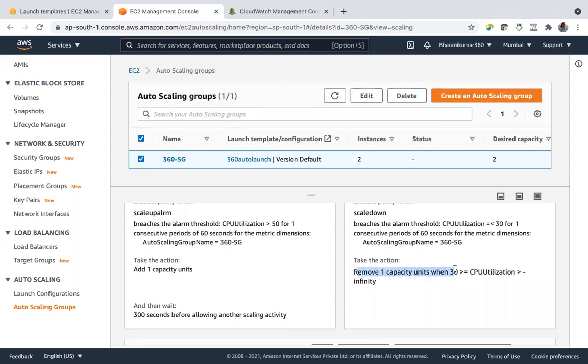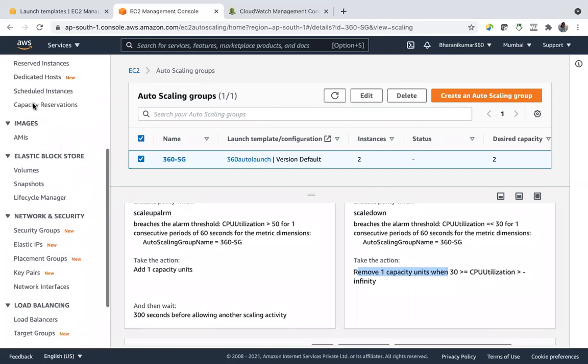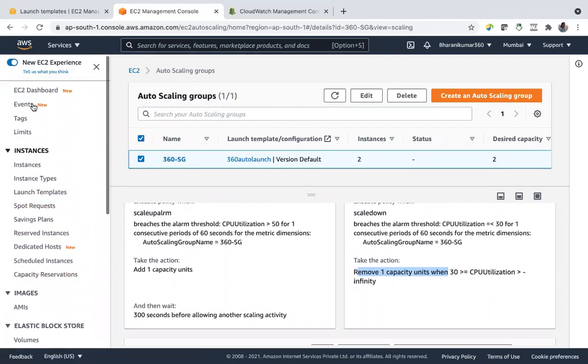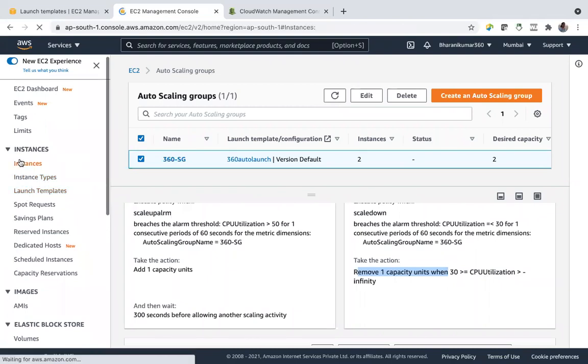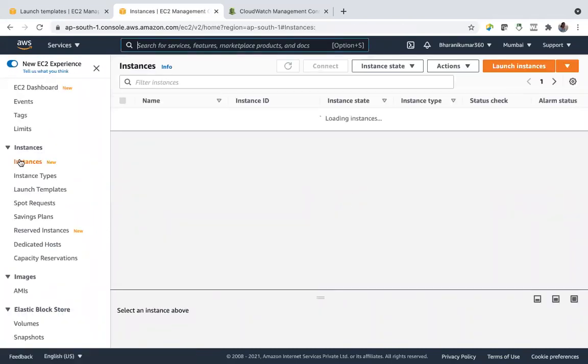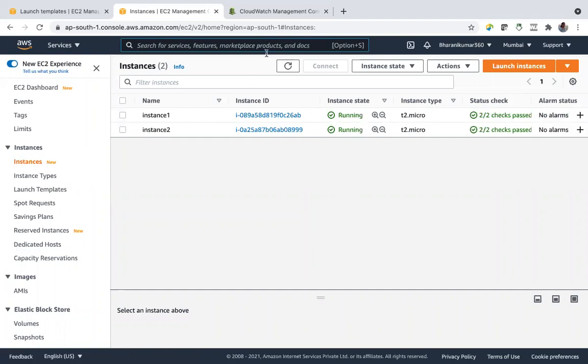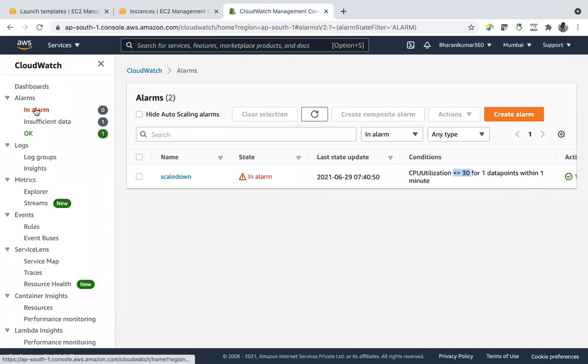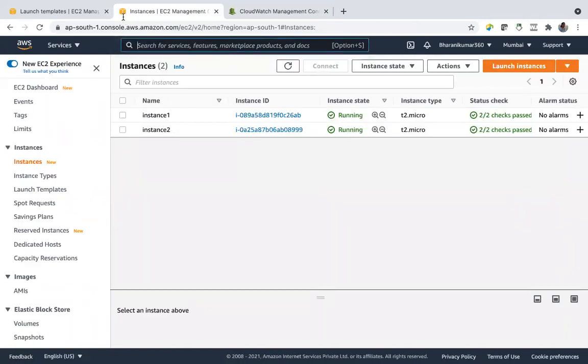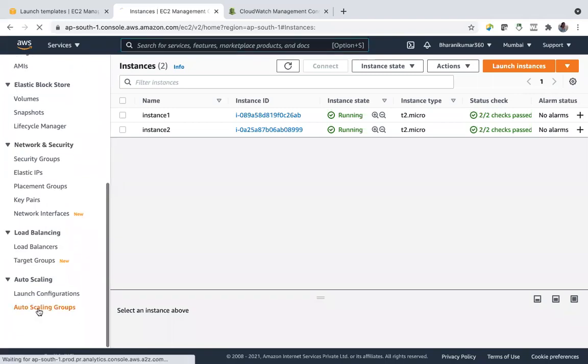And remove one capacity when, let's check, in alarm. So it has to be less than or equal to 30. CloudWatch alarms. And come to auto scaling group.